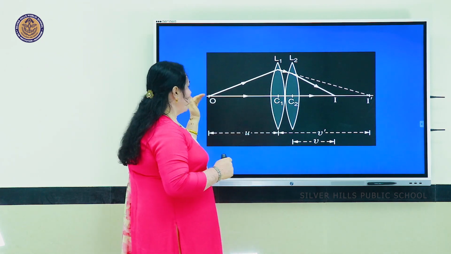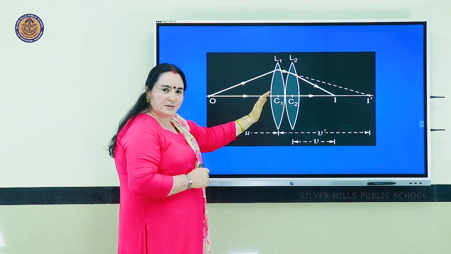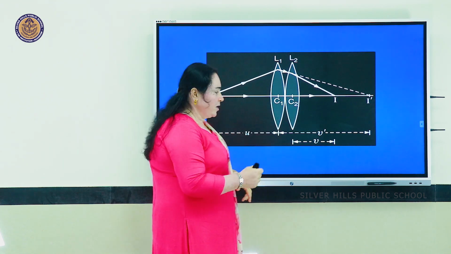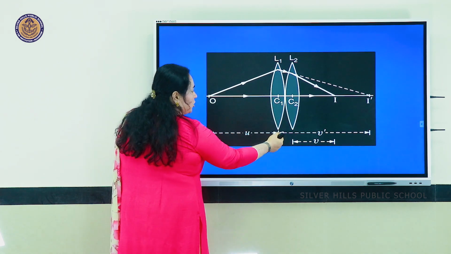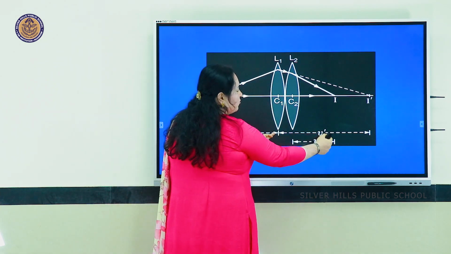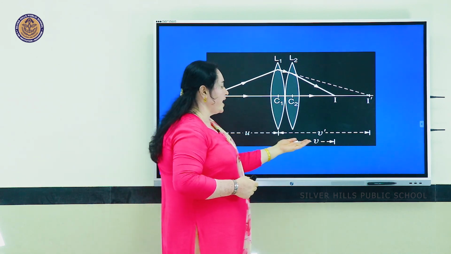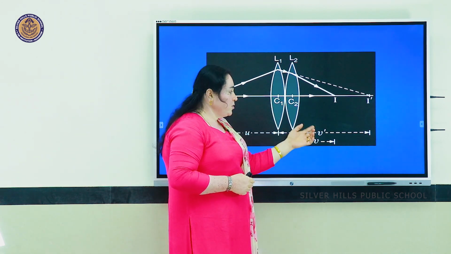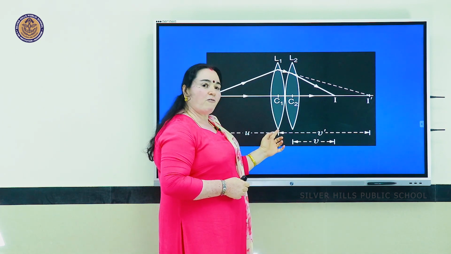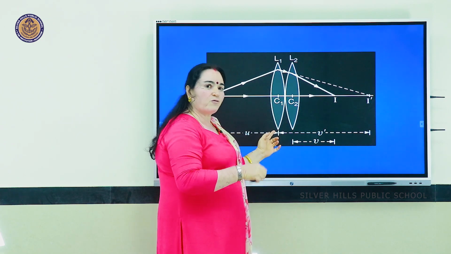Okay, so your original object is here, and when double refraction happens, the final image is obtained at point I. So see, this distance is going to be taken as your object distance, and this distance where your ultimate or final image is obtained is called your image distance. So there's nothing to be mentioned about your V dash, the position of the first image so created, or your virtual object of your second lens.